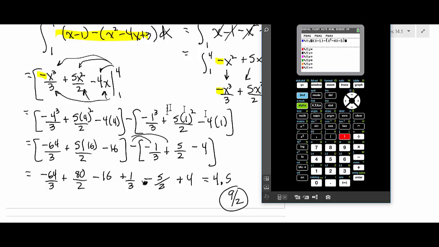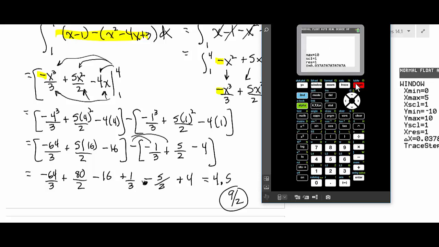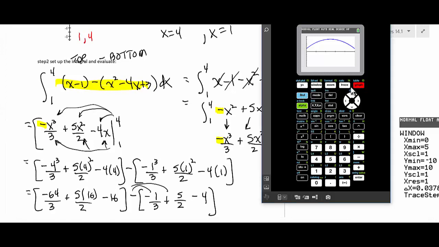Okay, so we're going to graph this. Now this is going to give us a way to check our answer. For the window, our integral goes from 1 to 4, so I'm going to go 0 to 5. I think it's always good to go a little bit below and a little bit above the limits of integration, because if you don't, there are times when you'll get an error. We'll leave negative 10 to 10 and see if that's good enough. I'm just going to do a window like that, graph it, and then we're going to do an integral from 1 to 4. So I just go second, trace,